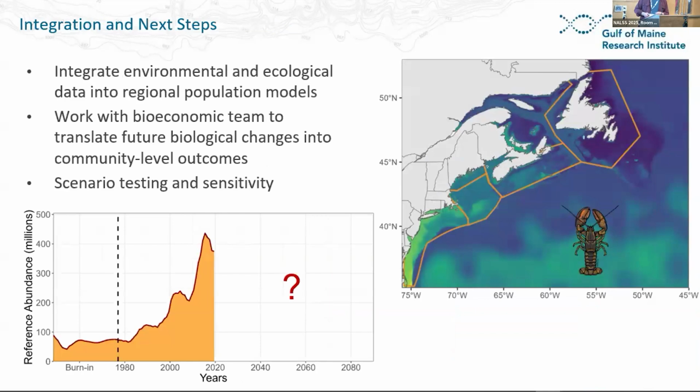So, some next steps. All these teams are moving forward in parallel, and so we're thinking, down the road, integrating all of the projects together. Right now I have a prototype population model that is functioning, but the ambitious hope is to have a couple of different regional population models, each with their own biological mechanisms, each with their own temperature regimes, and each with their own